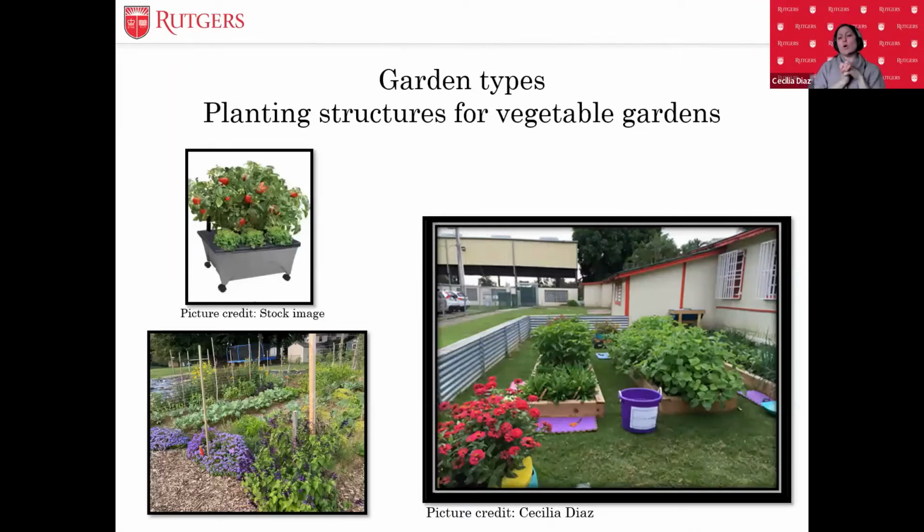Okay, so you have already selected the site. Now we're moving on to another section, which is choosing what type of garden you want to install for your property. So there are three main types of gardens. We have container gardens, we have traditional gardens, right here on the left, and then we have raised beds. And I'm going to go through each one of them, explaining the pros and the cons. So starting off with